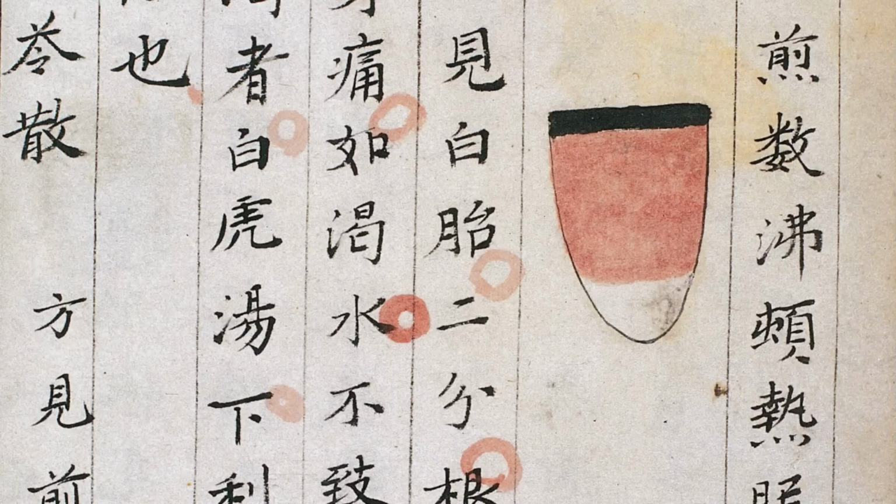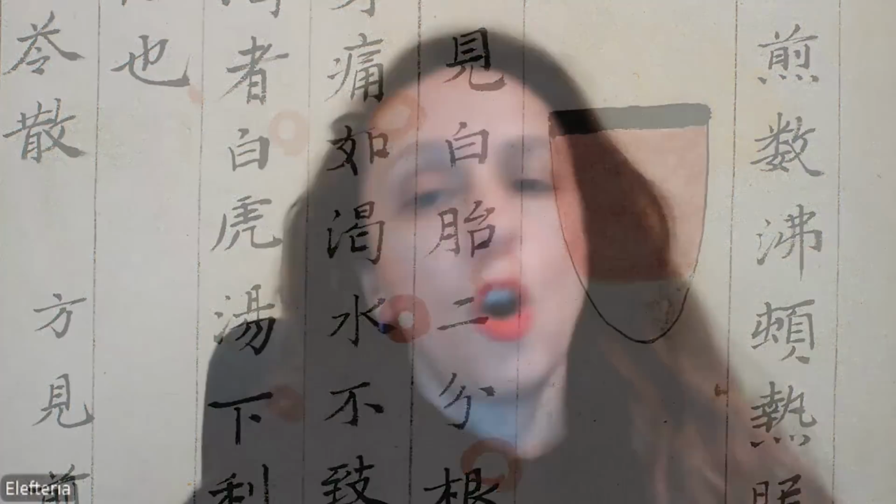Somehow the tongue in Chinese medicine is considered a microcosm of the body, and it reflects the state of the internal organs. It can also say a lot about our blood circulation and some energetic imbalances. Of course, because the tongue is part of the digestive system, it relates a lot to the condition of the stomach as an organ and to our digestion.